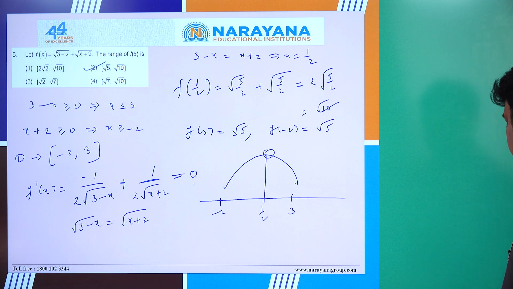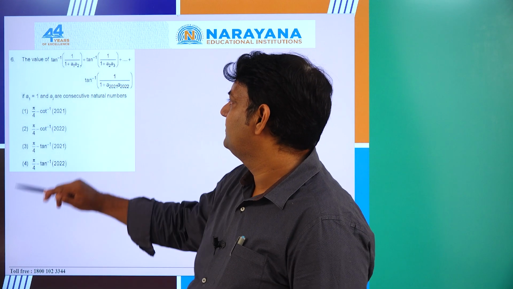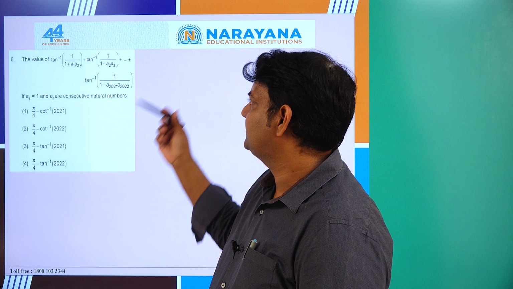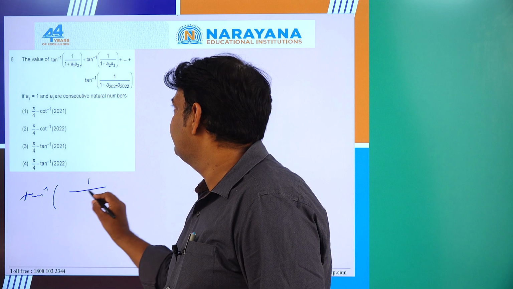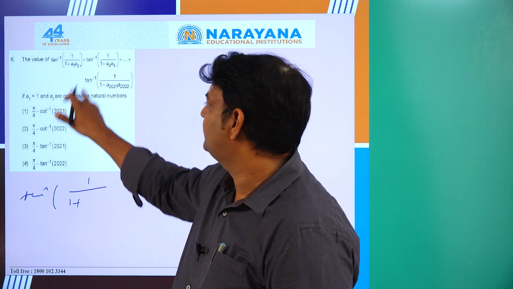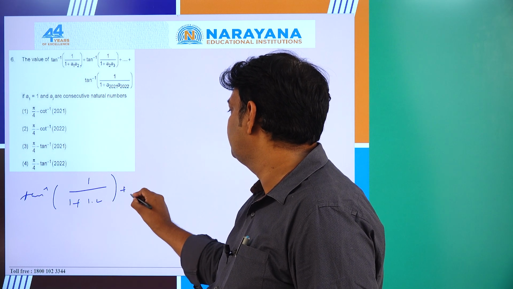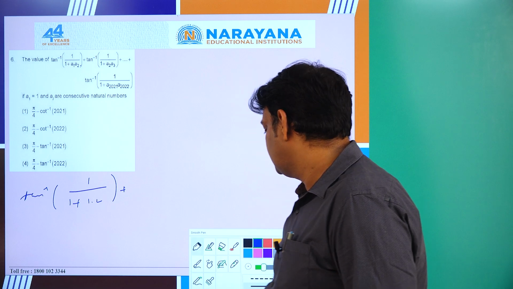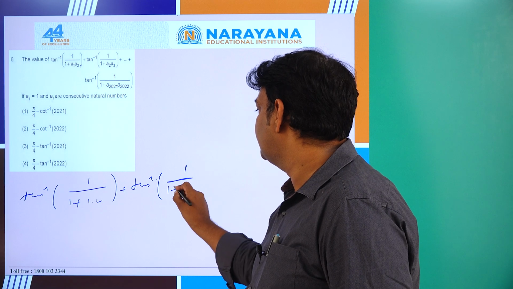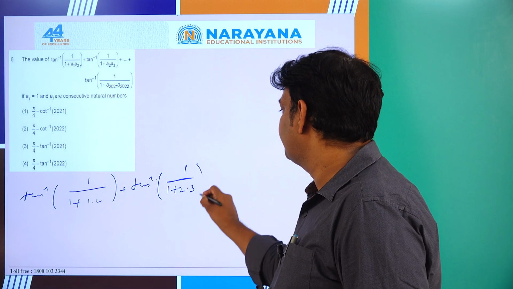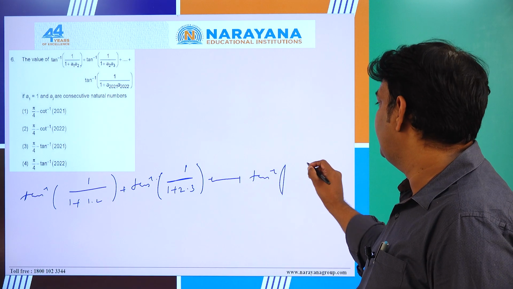Let us move to the next problem. This is quite simple. A1 is 1. The A_i's are consecutive natural numbers. Means simply he is asking you what? Tan inverse of 1 by 1 plus A1, which is 1, then 2, means 1 into 2, plus tan inverse 1 by 1 plus 2 into 3, plus and so on,